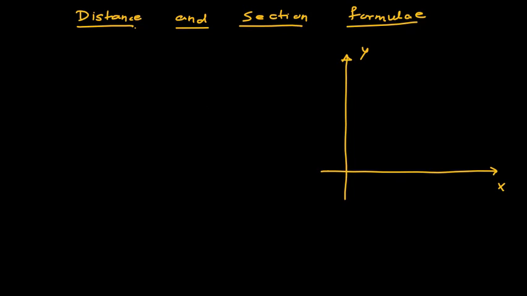Now let us draw a line. So this is a segment, and here we have a point A, and here we have a point B. The coordinate of this point A is, say, x1 y1, and the coordinate of point B is, say, x2 y2. And now I have to find this length AB.